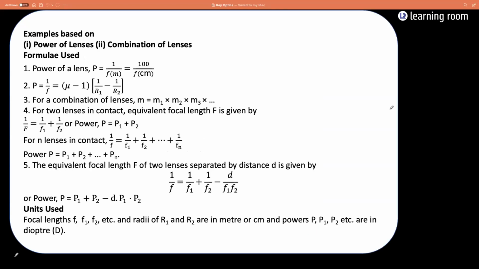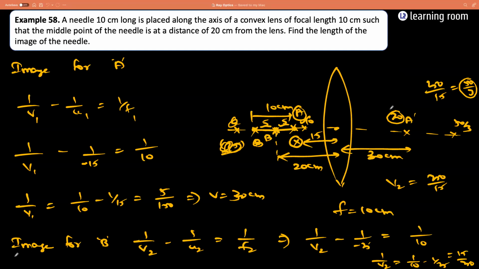Sir, I have a doubt. Tell me then. In this type of sum, if they ask magnification, how do we find it, sir? In this problem, there is no concept of magnification because